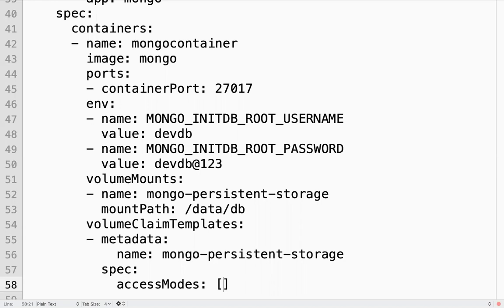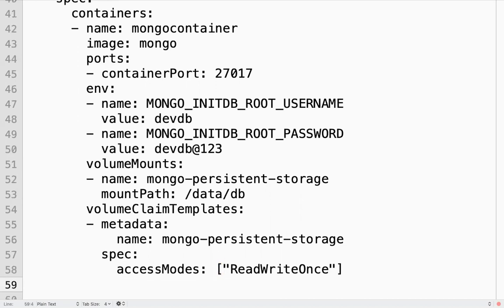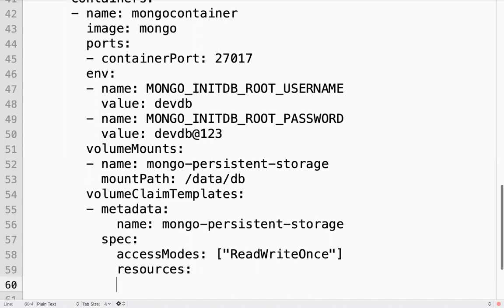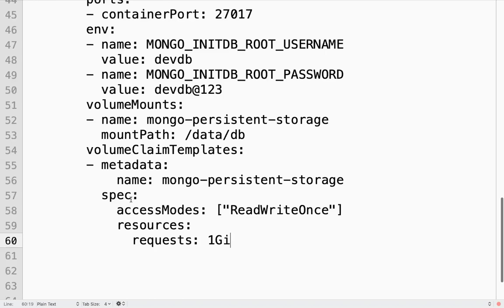What type of access mode do I need? I can mention something like this, ReadWriteOnce. Then resources, requests. So I'm just mentioning the claim template.